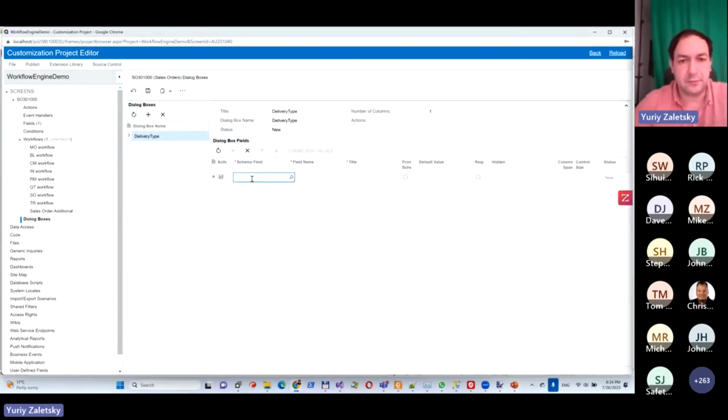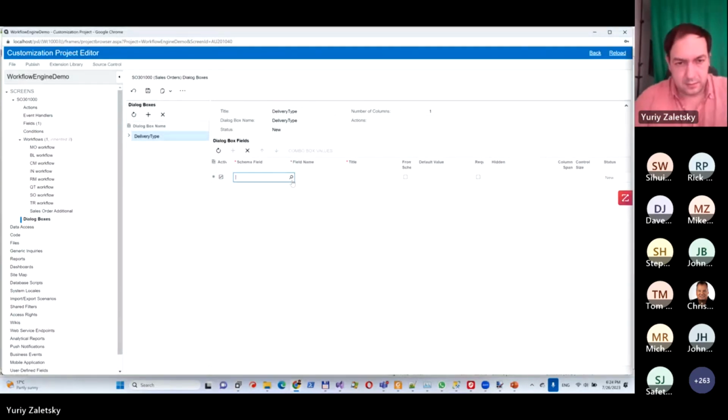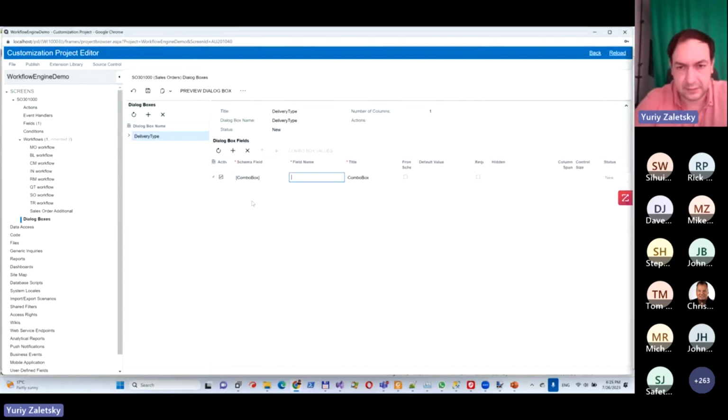We can have a couple of values. We can have a checkbox in our dialog. In my case, I demonstrated a combo box, and for that I will give the name standard,